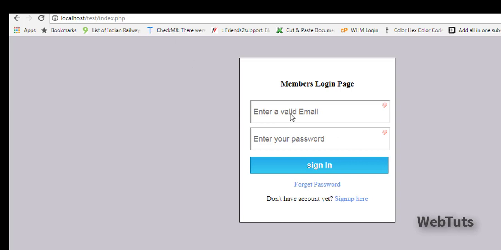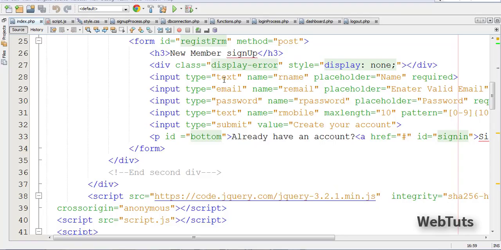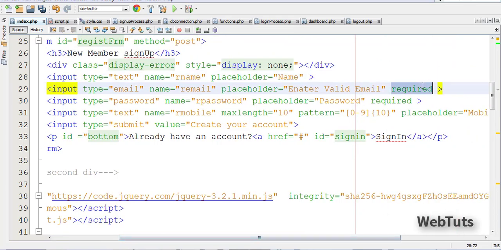We already checked client side validation. Now it's time to check server side validation. Is it working or not? Because sometimes people disable JavaScript, then our client side validation won't work. So I'm just editing my code to check server side validation. Now we will delete the required field as well as input type email. I'm giving it text